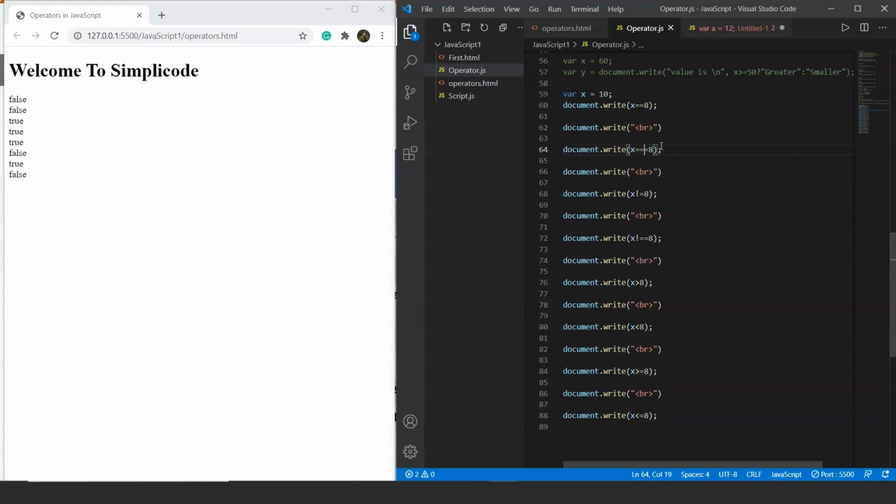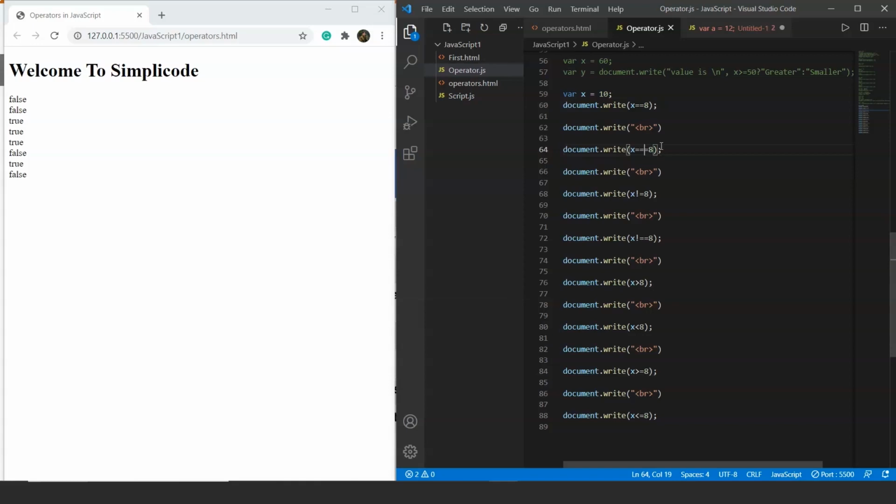The next type of operator we have is the typeof operator. You guys have an idea about the typeof operator, as we have discussed it earlier. In case you haven't watched the previous videos, let me give you a brief introduction. The typeof operator provides the type of whatever value you put to the right of it. If you want to know the data type of a particular variable, you can use the typeof operator. It will tell you the actual data type of any variable.